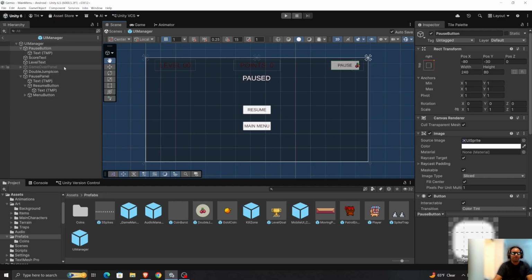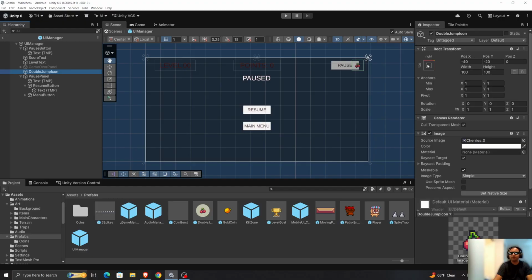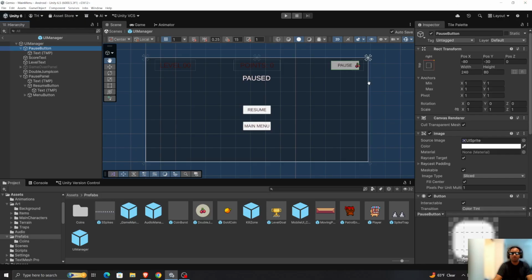And then for the double jump icon, I have to move this more to the left. You know what? I'll make the pause button more closer to the right. So instead of negative 80, I'll do negative 60 maybe, or even 40. Be closer to the corner so that we have some more room. And eventually this button is going to be just like two little straight lines resembling a pause button that you usually see, so that should not be a big problem. Even reduce the width a little bit to 200 maybe,